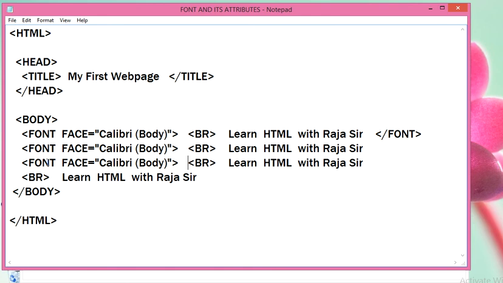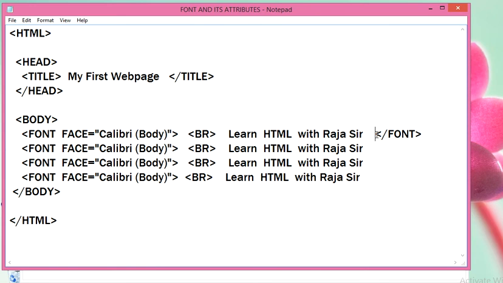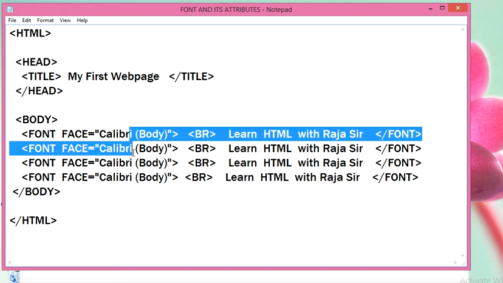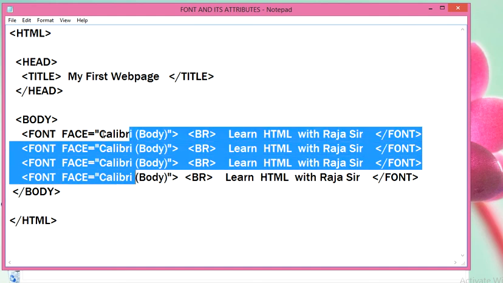At the beginning of each line we have used font face, and slash font at the end of every line. So paste, paste, paste. Okay, now we have to change this Calibri, it is everywhere. So all these lines, learn HTML with Raja sir, will appear the same because we have used the same kind of font everywhere.